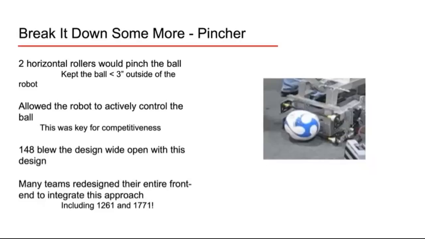And I can speak from experience on 1261. When we went to our first event, we had a system that used suction cups, and it worked okay. But with suction, one of the challenges is that you have to line up just right. Between our first regional and our second regional, we rebuilt our entire front end of our robot. We added the pincher, and I think that was one of the key things that allowed us to win our second event, right? That year,